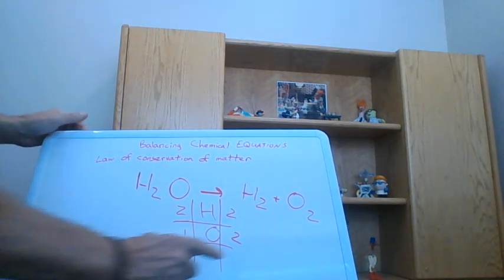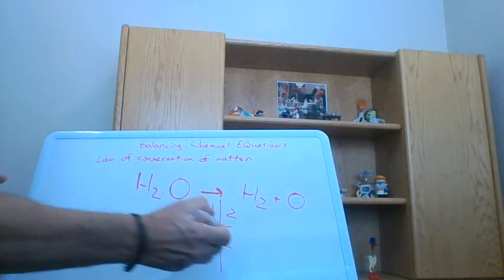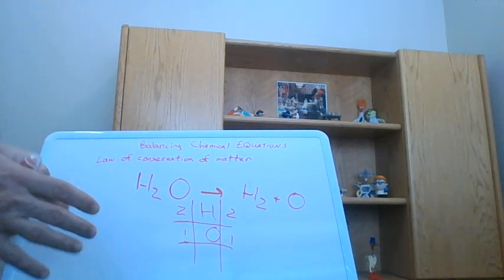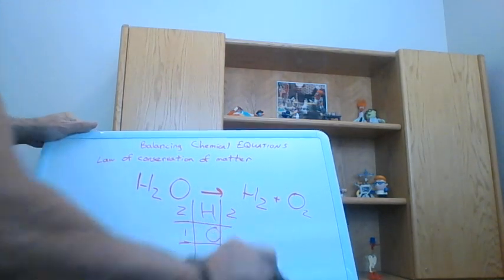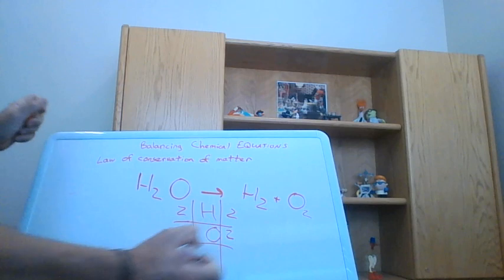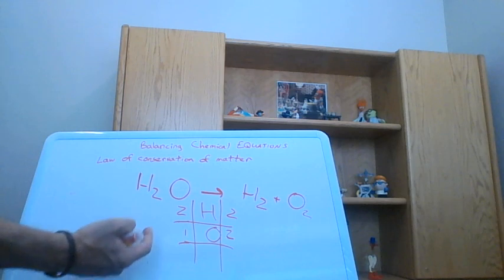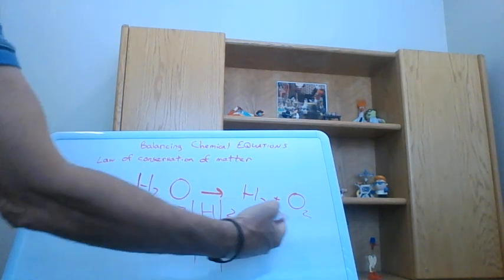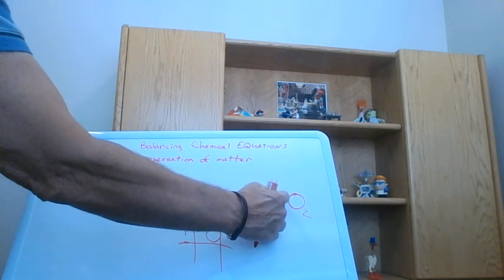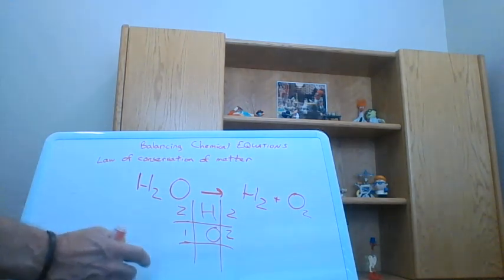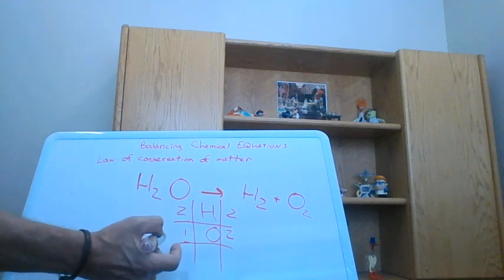And what someone might be tempted to do is to say, well, look, I can erase that. Now I'm balanced, right? But in balancing equations, we can never change the subscript because that changes the actual compounds we have, or diatomic molecules we have. So what I would do if I'm balancing this is, again, I would look and say, well, I'm going to save these guys to the end because they're just one element. So putting a subscript or a coefficient in front of here only changes the number of one thing. If I put a coefficient in front of this water molecule, it's going to change the quantity of two things,